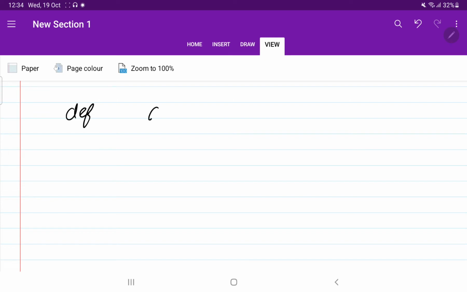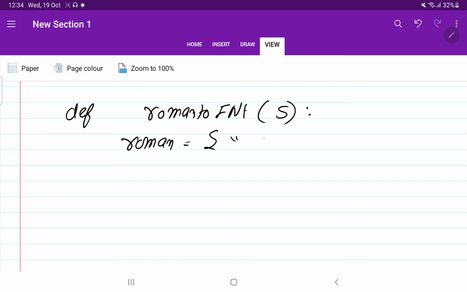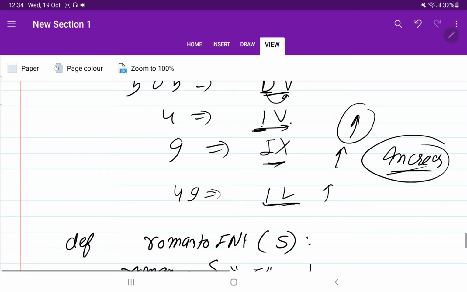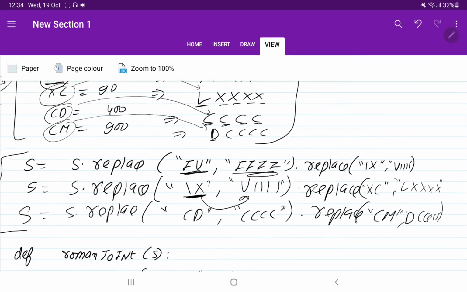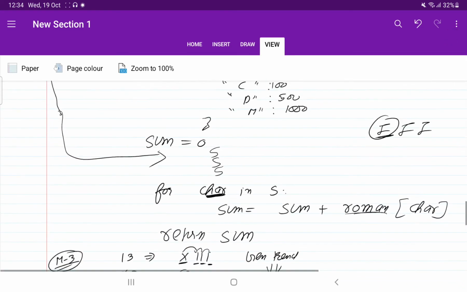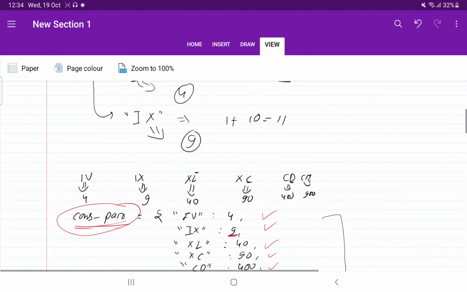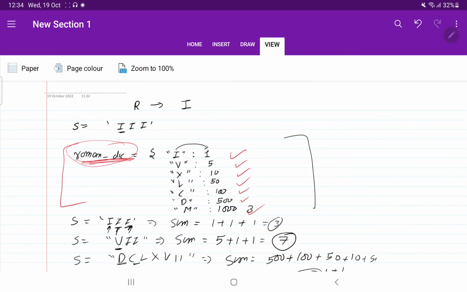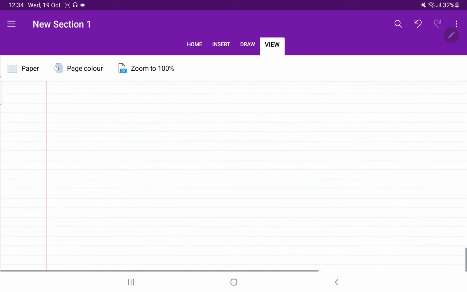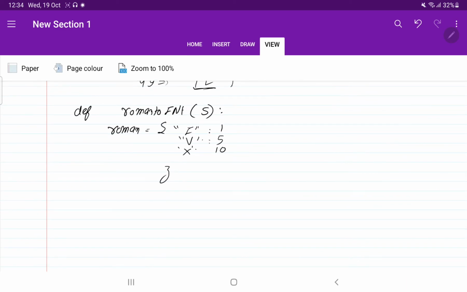So again, let us write the function name roman_to_int, which will take a string as an input, and we have a Roman dictionary. Same, I am going to write. I value is 1, V value is 5, X value is 10, and so on. You have got what the Roman dictionary is. If you want, I can show you again. The Roman dictionary is nothing but the same dictionary that we have written earlier. Okay, that will have all the elements, right? In the starting only we have written this, our Roman dictionary. The same dictionary we need to write here, so that's why I am not writing it completely.